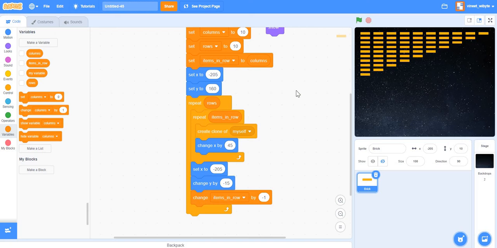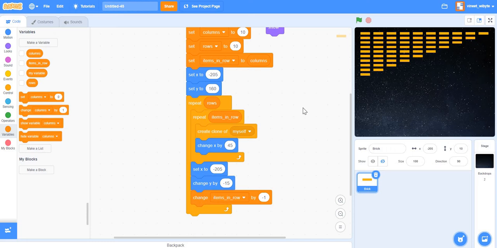So go back to this code. Notice what's going on. Go back to understanding this code. Remember, every time I finish the inner loop, I would have finished one row. Then I'm coming back to x of minus 205, which is basically this brick. Now, instead of coming back to minus 205, let's say I could come back to a slightly offset position. For every row, I offset a little bit more. Then I can ensure that these bricks get placed in a different way.